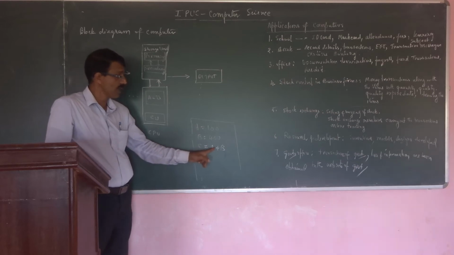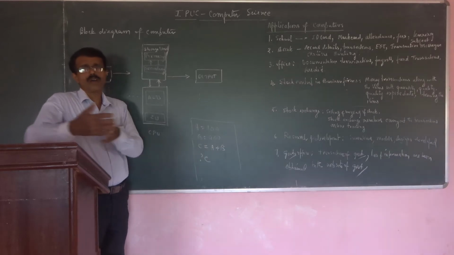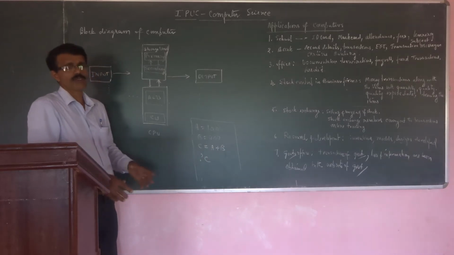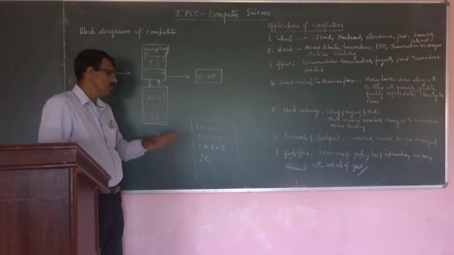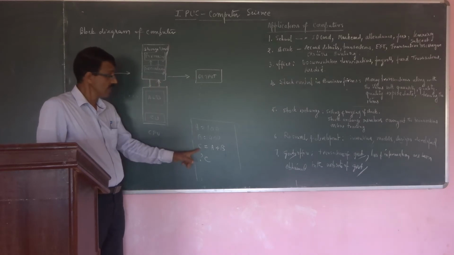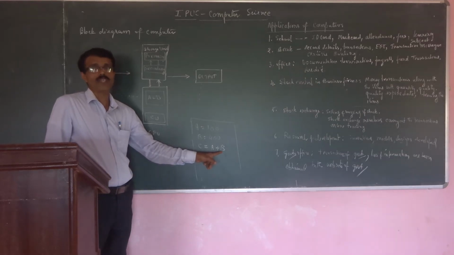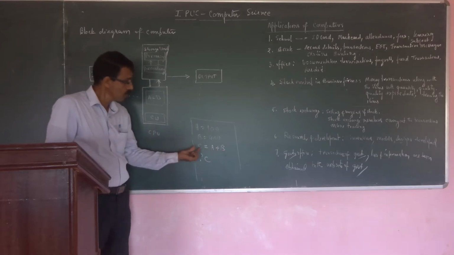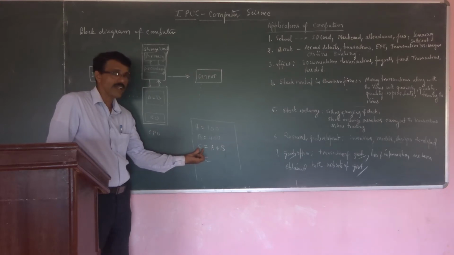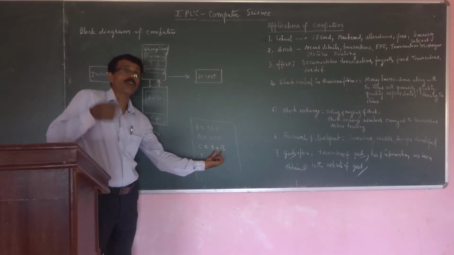C is assigned A plus B. Sometimes it may use some other type of memory, such as registers, but now it uses primary memory, RAM. C is assigned A plus B. Easily you can think: what about C? C is the sum of A and B. But here it uses a certain procedure. In order to store a certain value in C, it uses a certain mathematical operation and logical level.